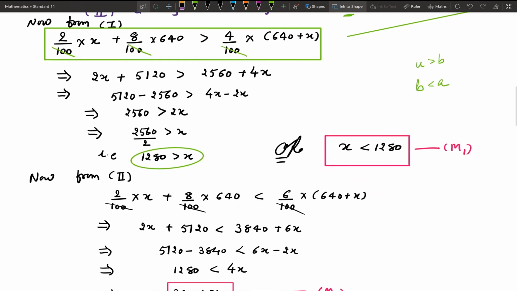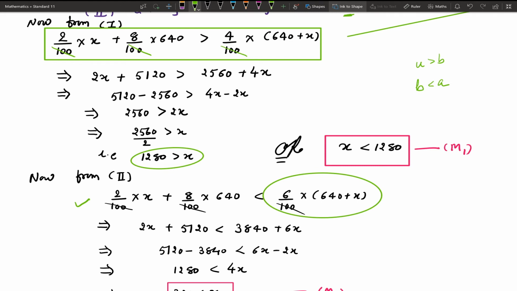So this is the resultant mixture which is less than 6% of 640 plus X. So 2% of X, so 2 by 100 into X plus 8% of 640 liter, so 8 by 100 into 640, less than 6% of 640 plus X liter. So 6 by 100 into